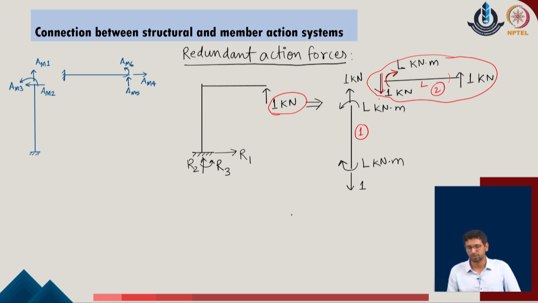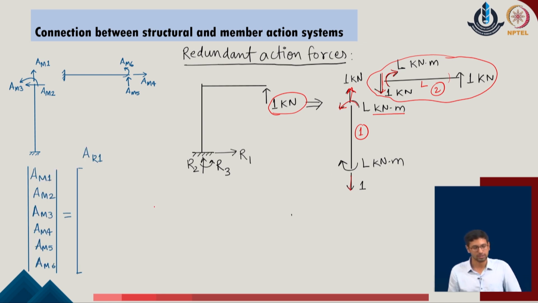Similarly, for member 1, we will just transfer the equal and opposite loads. So, the moment L kilonewton meter has been transferred, and the vertical force which is downward over here will be transferred over here, so it is 1 in the upward direction. There is no other active load on this given system, so I just define the equal and opposite values over here. But we understand after this whole calculation that corresponding to the values of AM1 to AM6, which were our intention to initially define, we have now got the 2 member components individually defined, and corresponding to this structural action force which we have defined with respect to the redundant one, I have now calculated their values.